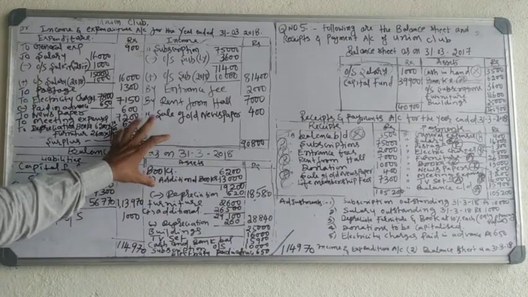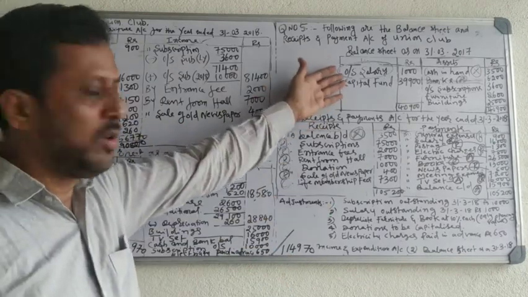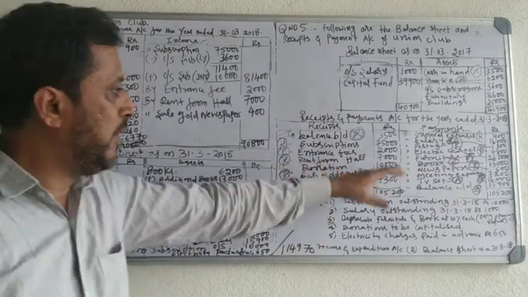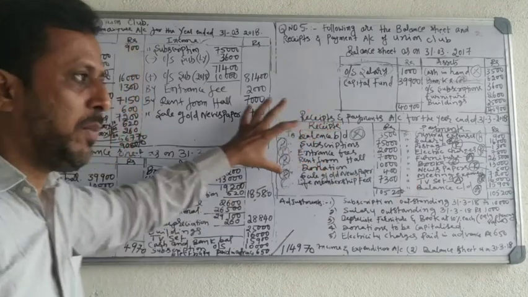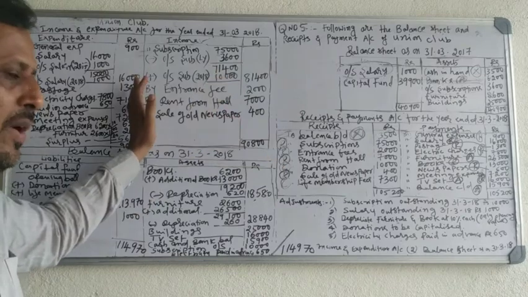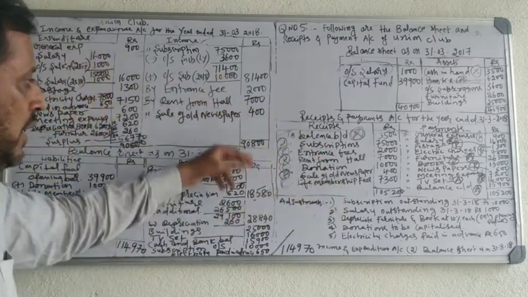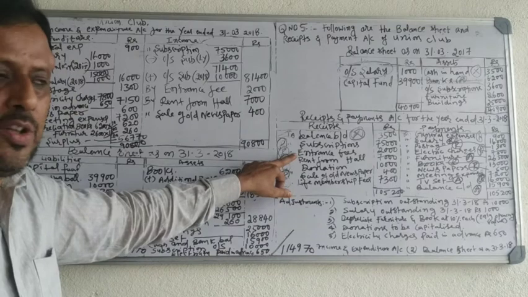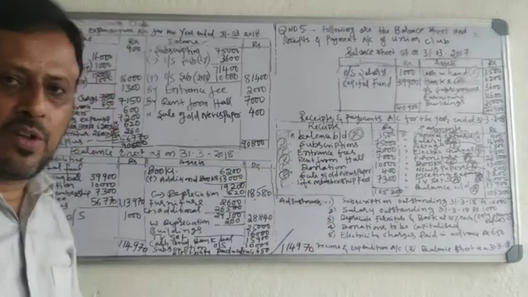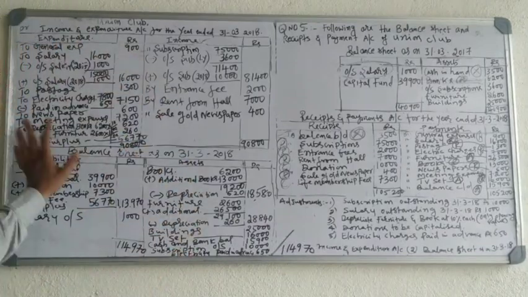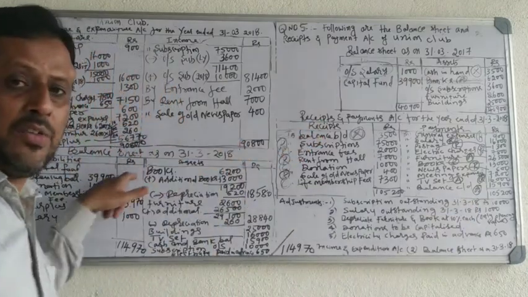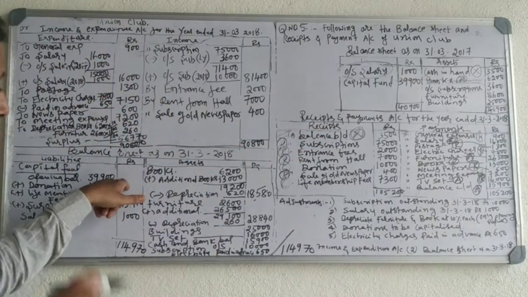So you have to work out this problem. You have to learn about the outstanding items and received in advance and prepaid items, and you have to learn about the depreciation. The important points from this problem are outstanding items, received and paid in advance items, and depreciation. And very important, in this problem you have treated the entrance fee as a capital receipt because the adjustment is not given regarding that. So this is the problem. You have to work out this problem at home. Take a screenshot of this question and answer and write it in your notes. Thank you.